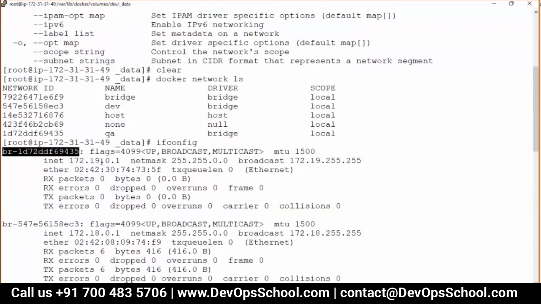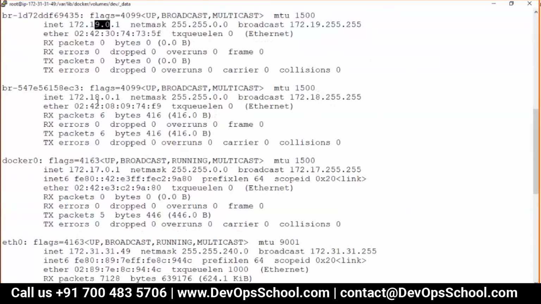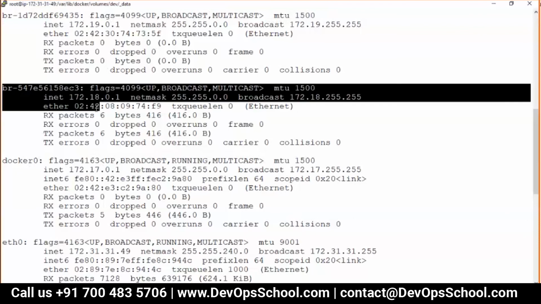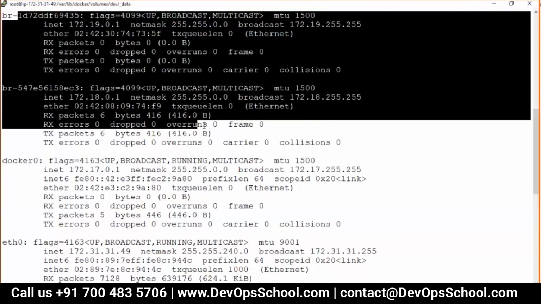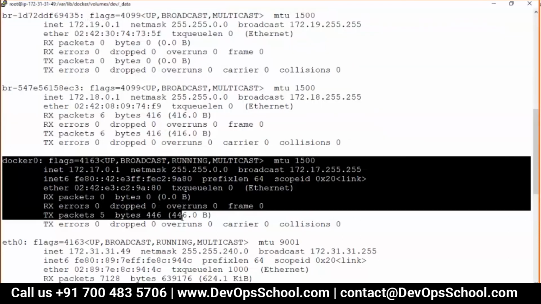See 19, and just remember 19, 18, that will be easier for you. 17, 18, 19. Do you want to customize it? Yes, during the creation. This is the gateway, this is the gateway, this is the gateway. I can modify anything I can do with this. I cannot do anything with this. Please understand. Is that understood, guys, for everyone?